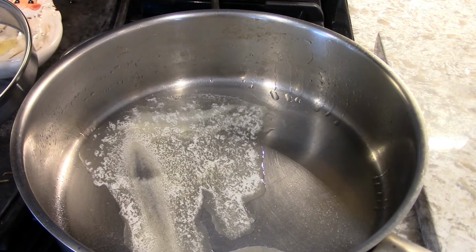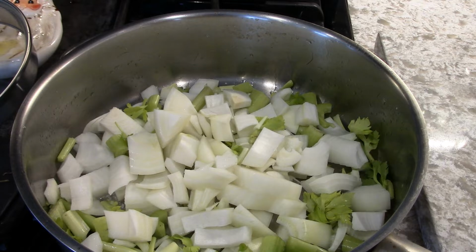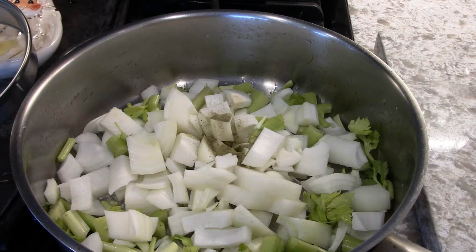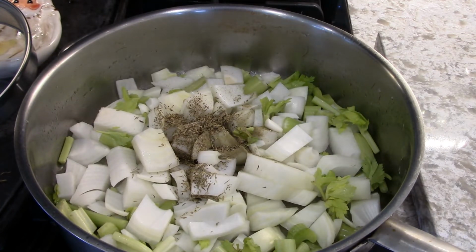I removed everything. I'm going to sweat up the onions and the celery. This is also going to help in giving body to the soup. Dried bay leaves. Ground up, that was ground up, and then some dried thyme leaves. I'm just going to sweat this up for a few minutes with the lid on,